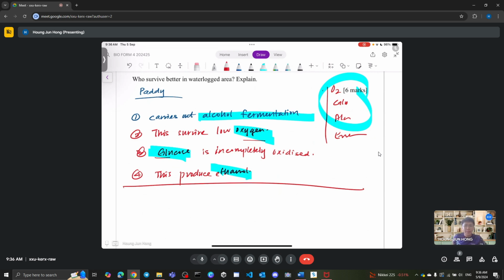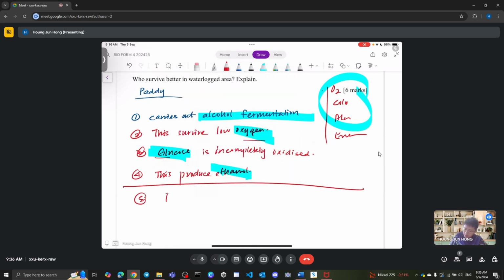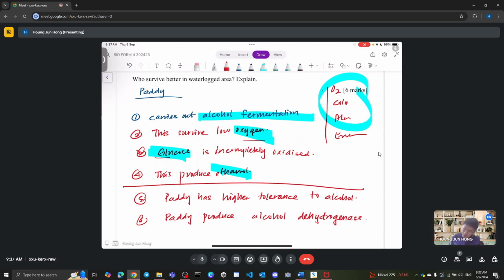But what makes paddy different is that paddy has a special feature. They have the tolerance to alcohol. So what happened here is that paddy has higher tolerance to alcohol. And remember the reason: this is because paddy can produce something called alcohol dehydrogenase, in which this is gonna break down